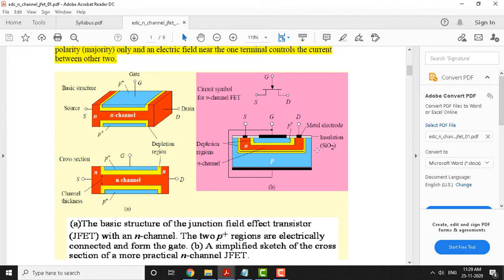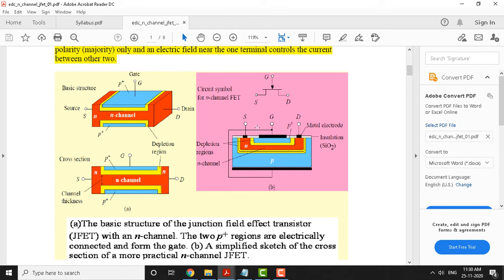Okay. And the other diagram you see here is again a cross sectional view of this JFET, but in a more professional form. This blue region has been clubbed together, and we made it with a substrate of P type, and you can see there is an N type here, and there is again a P region here. Okay. So, these two are interconnected.